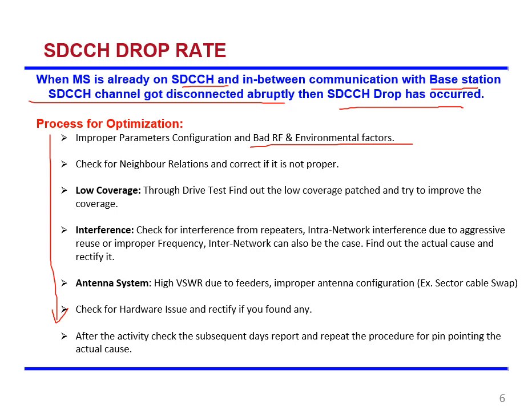Suppose another option is that the neighbors are not properly defined. You have to properly define the neighbors in the OMCR. And as I told you, the low coverage. How to see the low coverage? Conduct a drive test, see where the coverage is low, and try to improve the coverage. How? Maybe by changing the power, maybe changing the antenna parameters, like down tilt, or changing the azimuth, or changing the altitude, or changing the antenna positions if it is feasible. So these are the various steps that can be done.